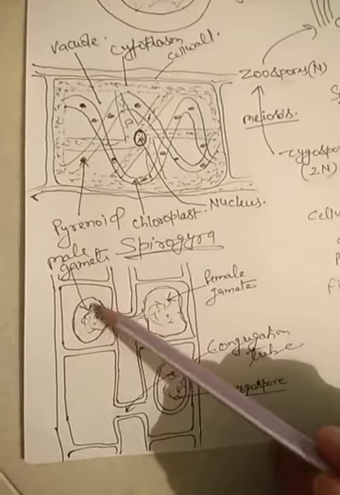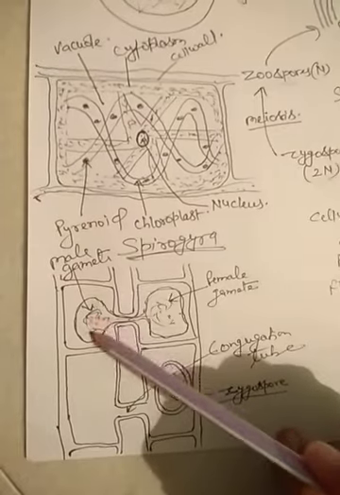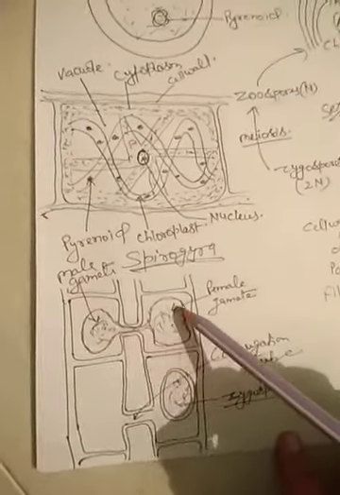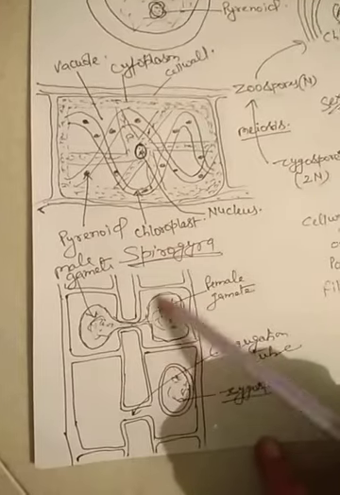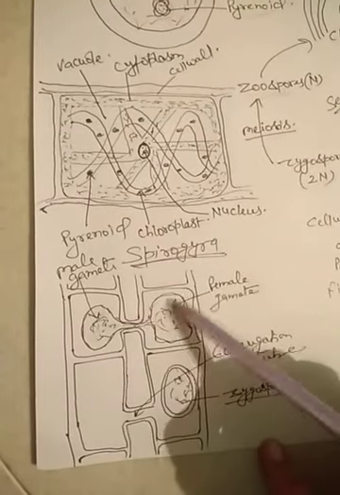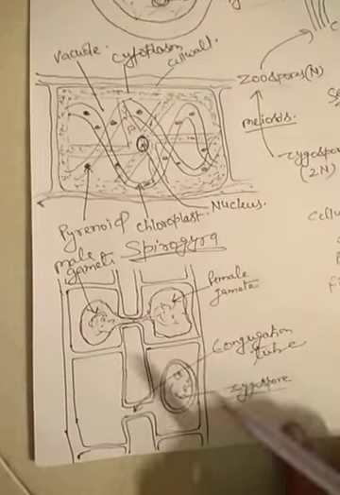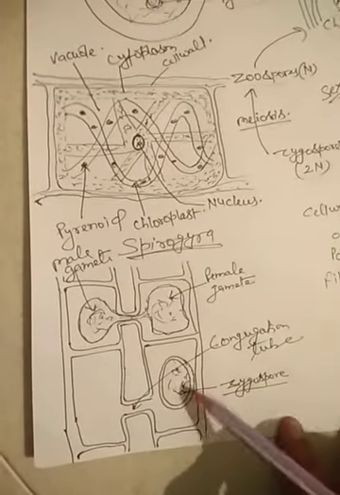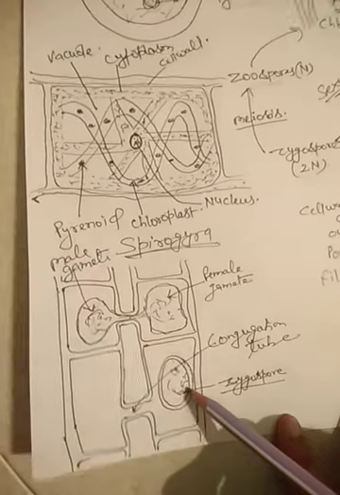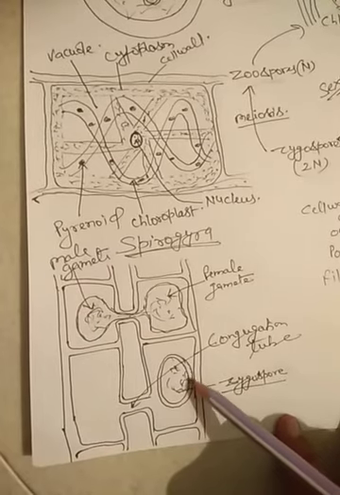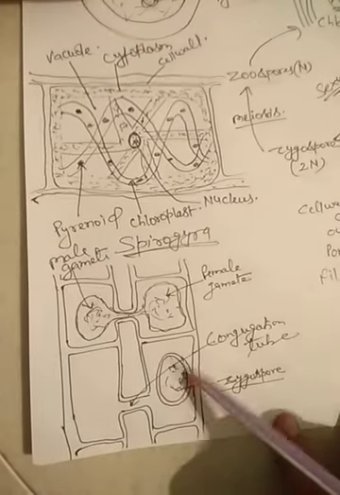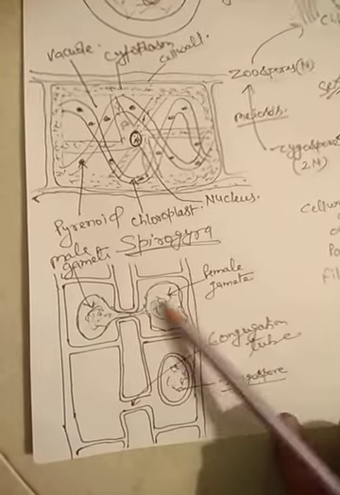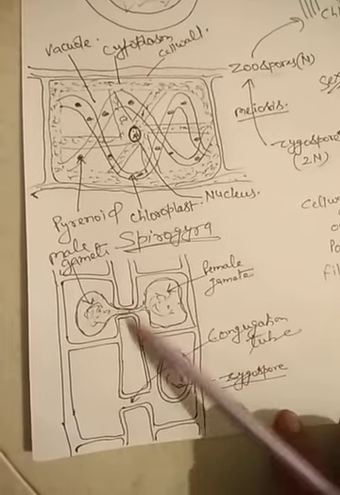The male gametangia produce male gametes that pass through the conjugation tube into the female gametangia, and both fuse together. After fusion it forms the zygote, and the zygote is surrounded by a wall. Now this is called the zygospore, and the zygospore then develops to form the filament. This type of conjugation process occurs in Spirogyra. It reproduces by conjugation.